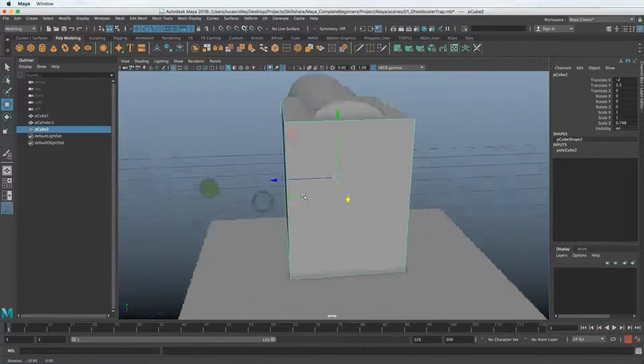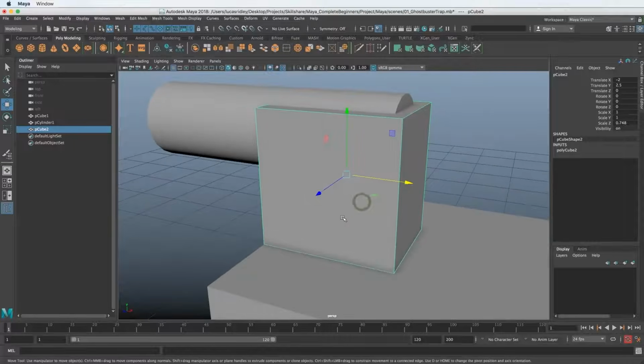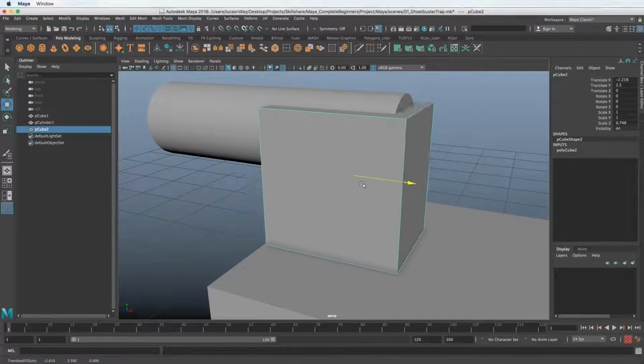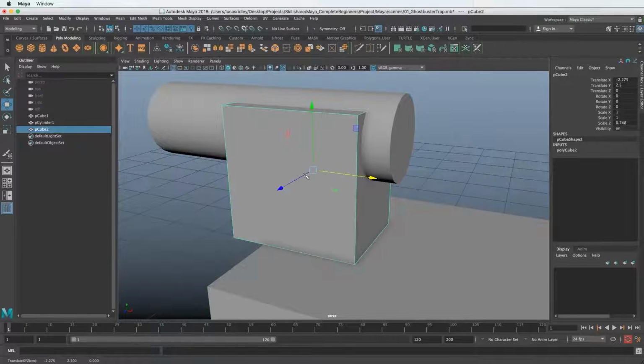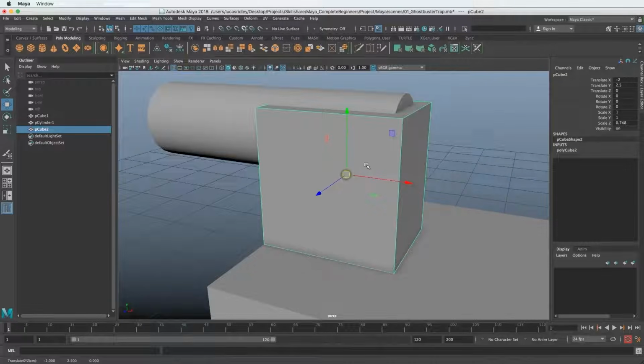Also remember, you can see that the axis here is yellow. So if I was to start middle mouse dragging, it's going to be isolated on this no matter what I do or where I move my mouse, if it's middle mouse dragged. So you just want to make sure that you understand how it's isolating these axes as you click them.